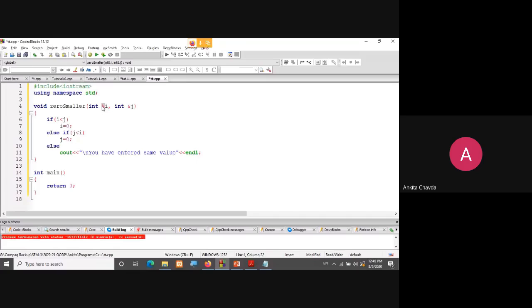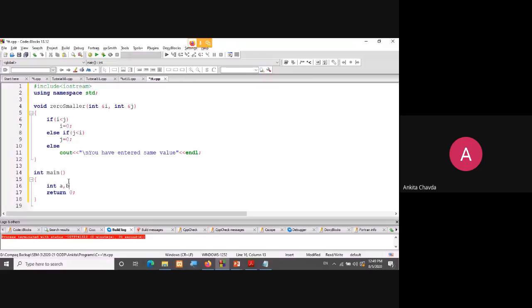Because of the reference, the actual value will now become 0 in your calling code. Suppose you have taken integers a, b, and I ask the user to enter the values of a and b.